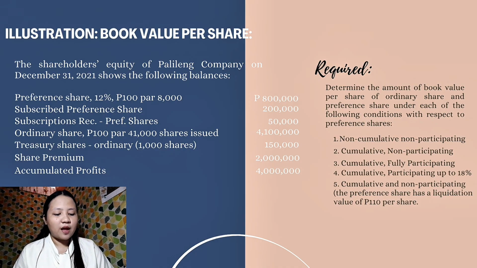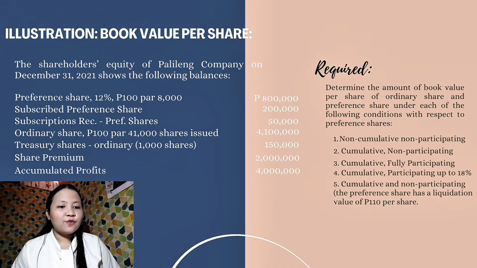So in this problem, Paleleng Company only issued dividends up to 2019. So meaning, in 2020, the company did not issue dividends. So in this illustration, we will be determining the amount of the book value per share of ordinary share and preference share under each of the following conditions with respect to preference shares. So, these are the considerations in solving